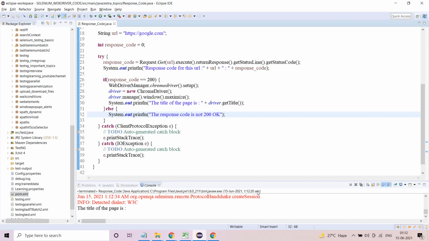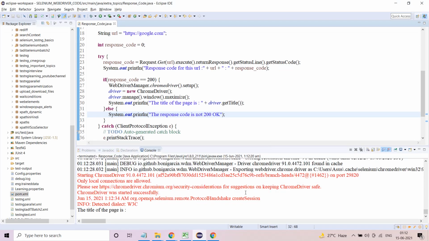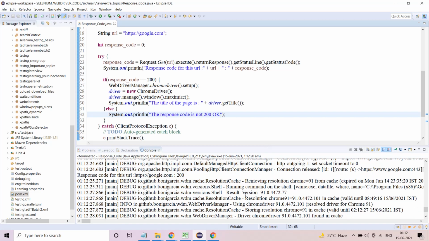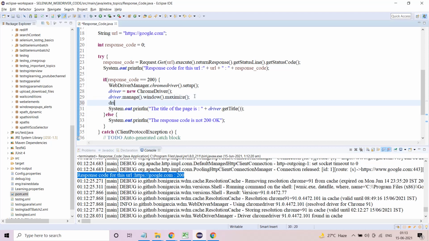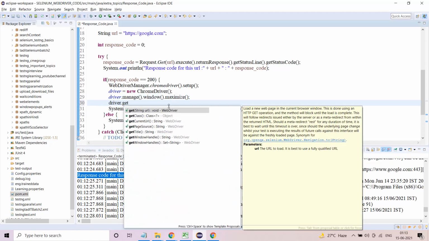So let's see what has happened. We got this as 200. Okay, now response code is equal to 200. So we were okay, but sorry, my mistake, I did not give the URL.